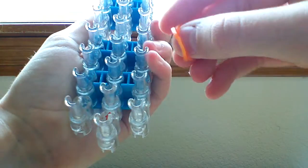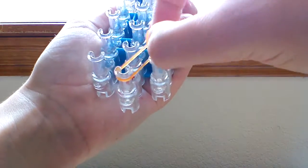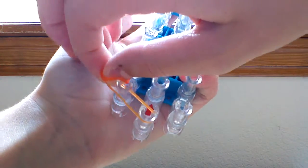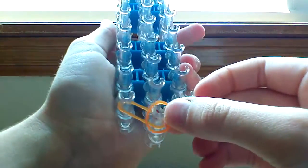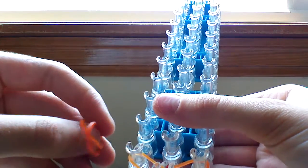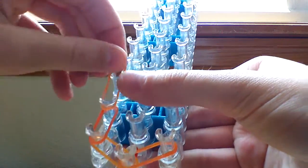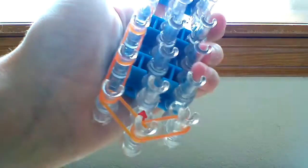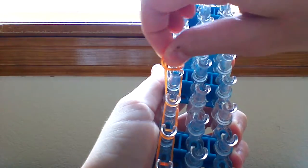I have my bands on the opposite side, which is going to be a pain. But anyway, take your band from the first center peg and go out to the left. And you're using single bands for this whole bracelet. Going to take another band from this first center peg and go out to the first right peg. And then you're just going to go straight up your loom. And I am not used to having my bands on my left side because I'm right-handed. So it's kind of weird for me. So you're just going to go up